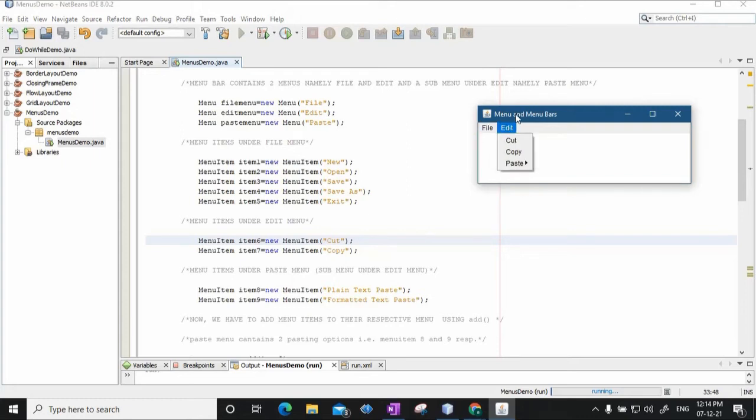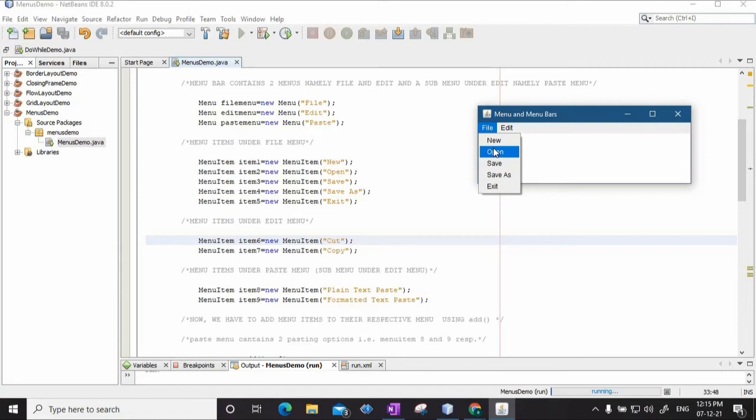Now just to make it complete, I am showing you how we can use different event handling options. If I click on open, basically a file chooser dialog box should open. If I click on new, then the dialog box where we create a new file should open.